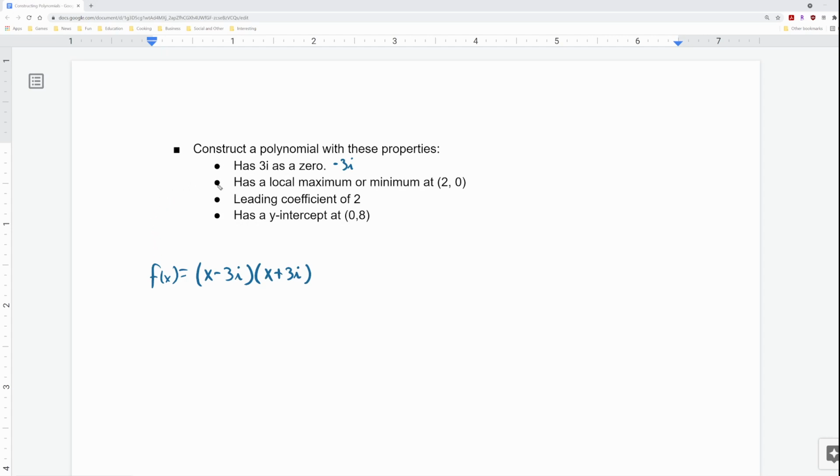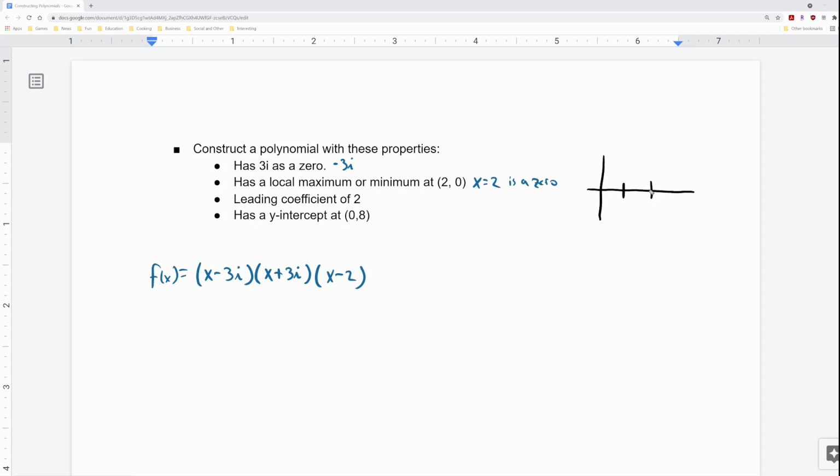What about bullet point number 2? Well, we have an x-intercept, (2, 0). So that means x equals 2 is a 0, because the function value is 0. That's the definition of the term. So if x equals 2 is a 0, x minus 2 is a factor. But what are we supposed to do about this extra piece of information that there's either a local maximum or minimum there? So graphically, if you think about what happens,